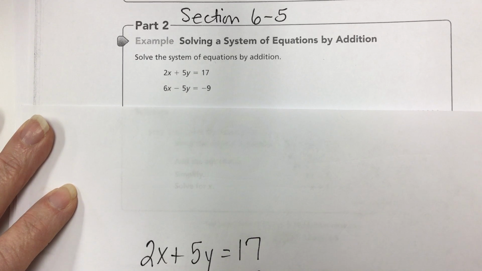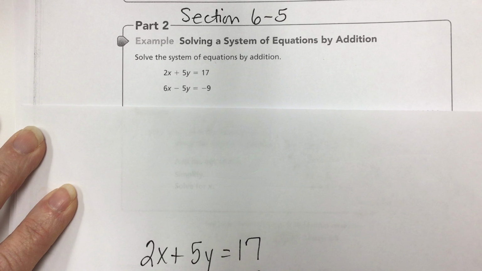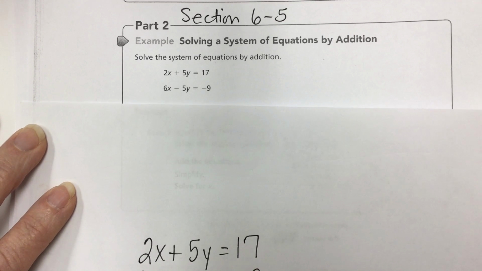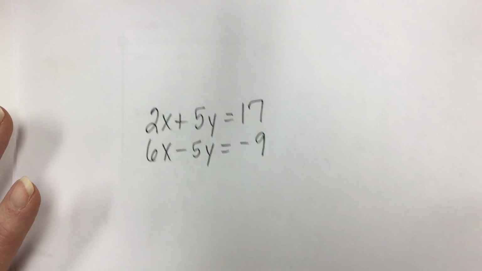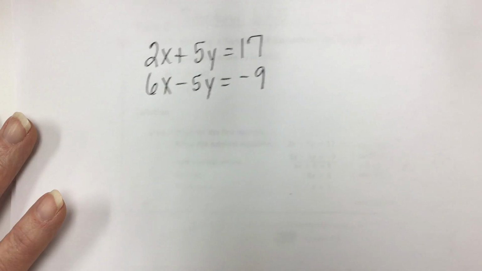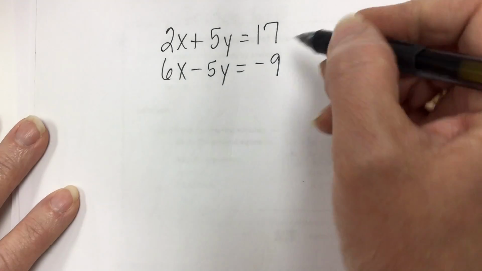Section 6-5, Part 2, Solving a System of Equations by the Addition Method. Let's solve the system 2x plus 5y equals 17 and 6x minus 5y equals negative 9. To solve these equations by the addition method,